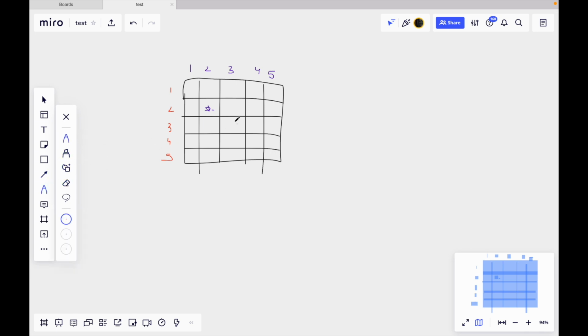So if you see this robot, I'll draw its path and you can observe it. Suppose this robot is present here. It will reach here, then here, then here, after that here.